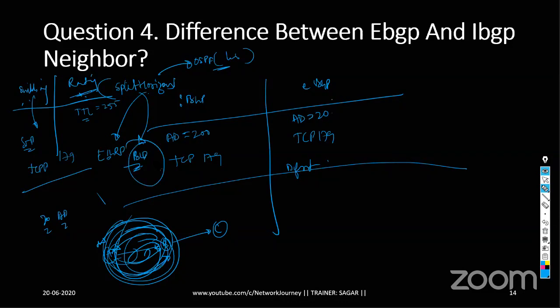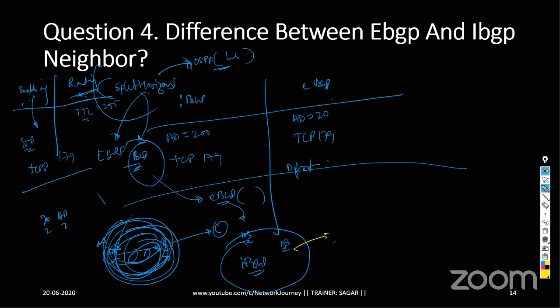So in the case of BGP, by default, when we have the eBGP concept, I said that AS numbers get tagged with all the packet flow. So that makes it easier for me to avoid looping. But in the case of IBGP, since IBGP is within one AS, there is no point of adding the AS value to the packet, right? Because from one router to another router, they are going to have the same AS value. So how are you going to avoid looping in that scenario, right? So in that scenario, you make use of split horizon, which is a loop avoidance.